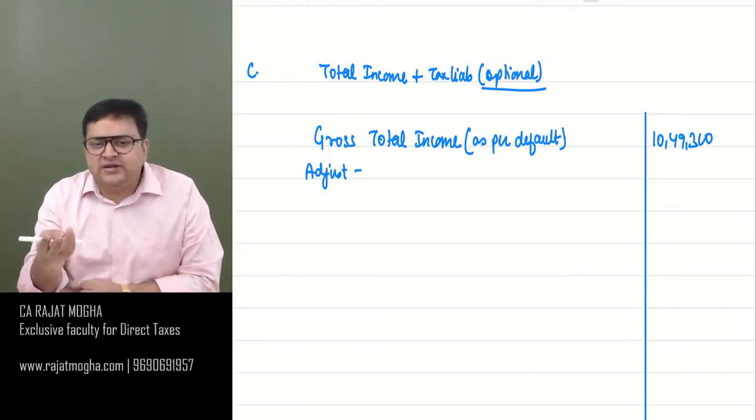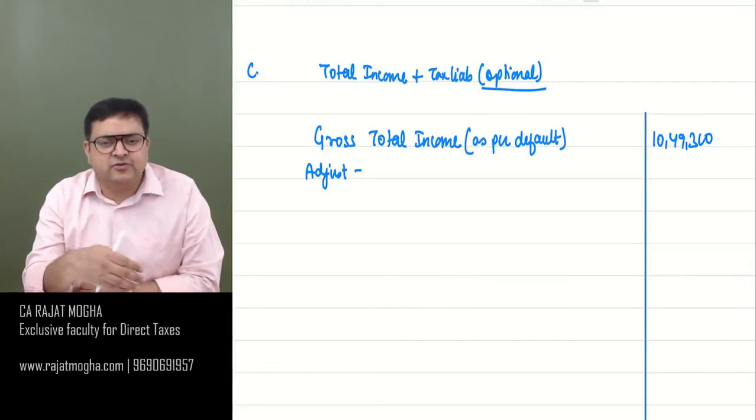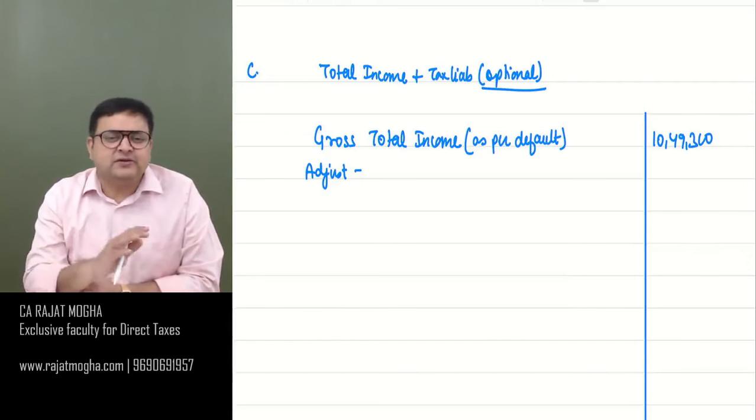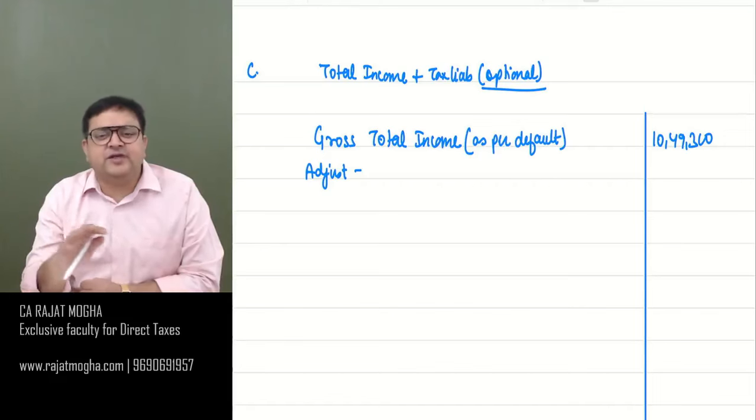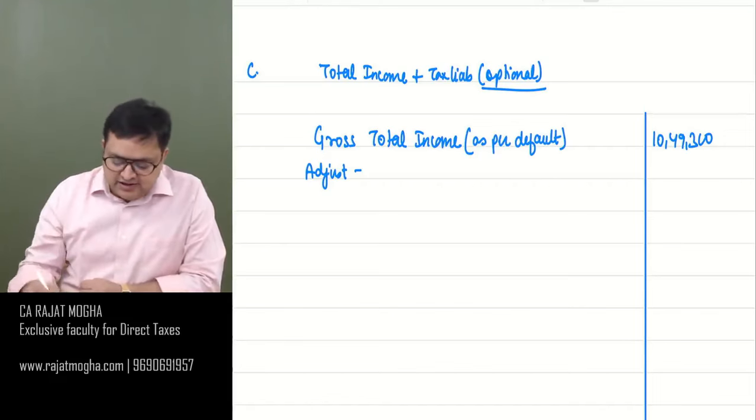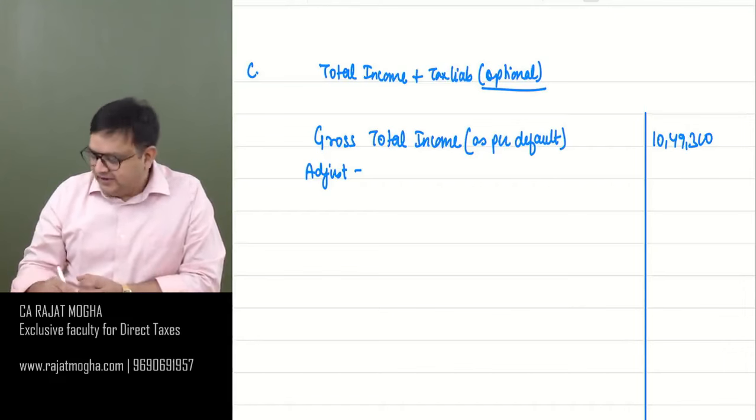In PGBP, there are only three differences. What are those? Additional depreciation, outside research, and 35AD specified business. Only three differences. Then capital gain, almost there are no differences. IFOS also, generally there are no differences. Only in family pension, there is 15,000, 1/3 or 15,000, whichever is lower. In default, it is 1/3 or 25,000, whichever is lower. So there are not much differences as far as these 5 heads are concerned. And generally, this GTI is made up of 5 heads. So let us see